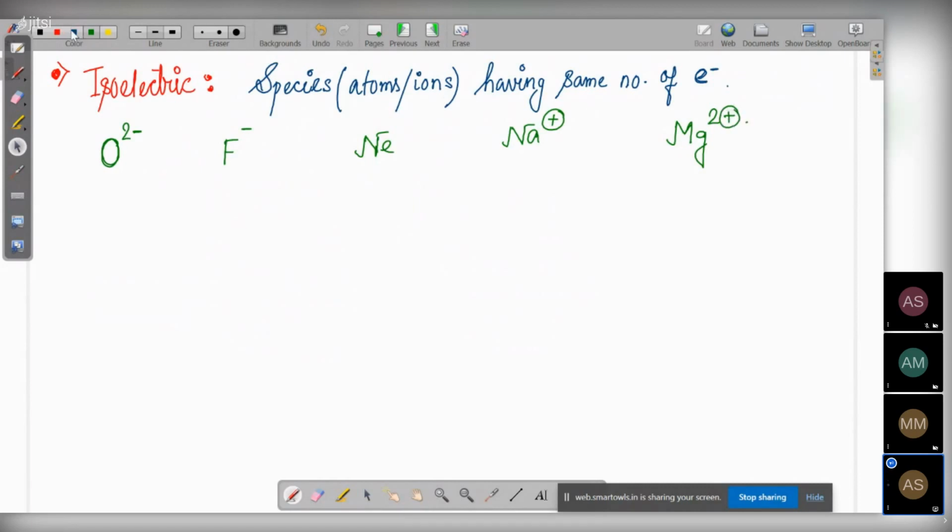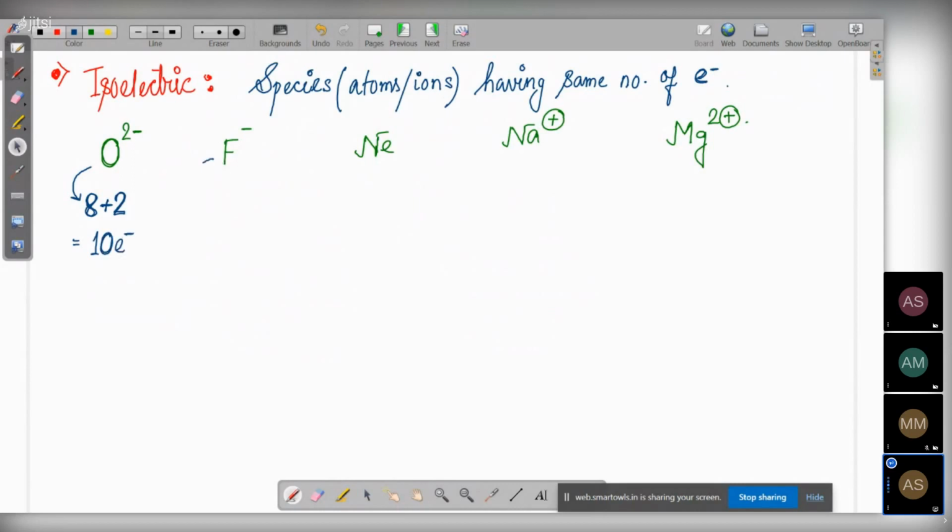For this, you tell me what is the atomic number of oxygen? 8. Okay. Now see, oxygen has 2 minus charge on its head. That means it has excess of charge. It has negative charge means what? It has excess of electrons. How many electrons are in excess? Two. Two electrons in excess. So that's plus 2. So that means over here you have 10 electrons.